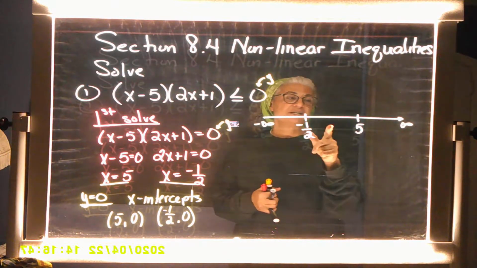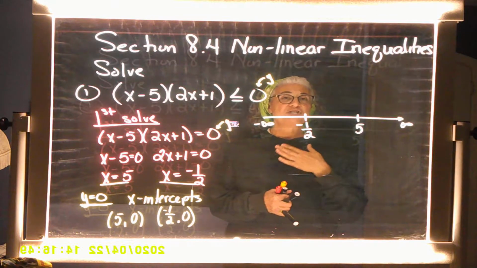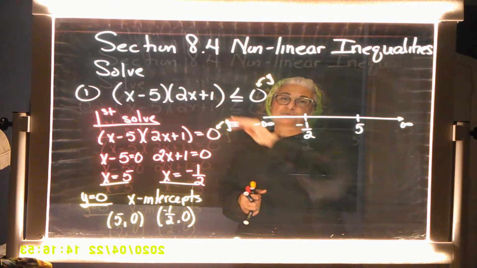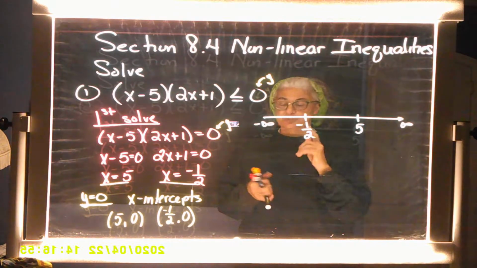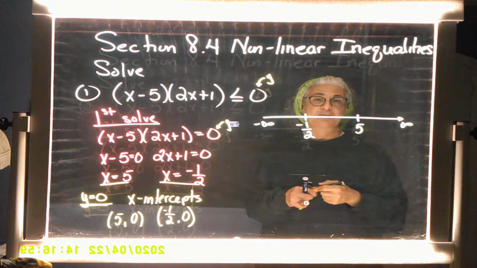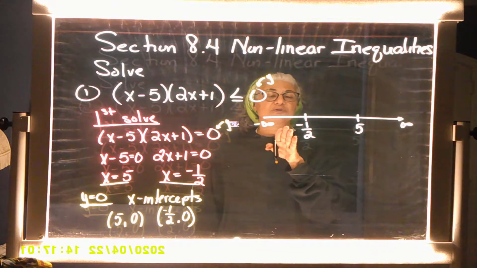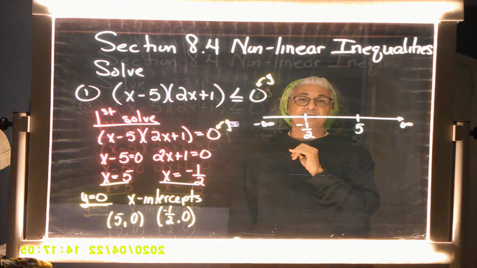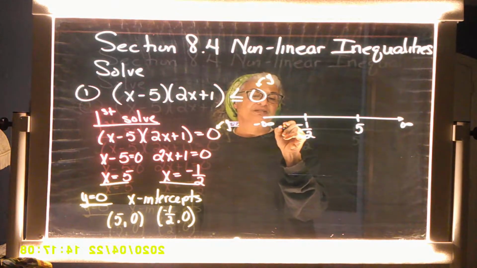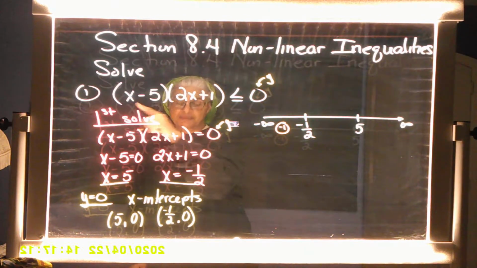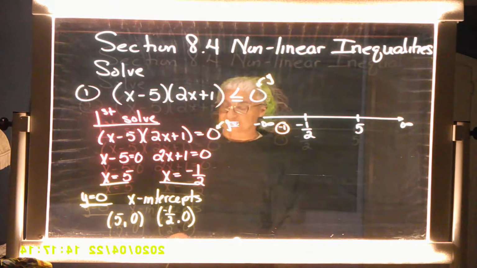I have 3 intervals, and I have to figure out which interval is going to make this inequality true. So, the best way to do it is to actually take a number from this interval. So if I take a number between negative infinity and negative 1/2, for instance, I'm going to take negative 1, and if I plug it in for my x over here,